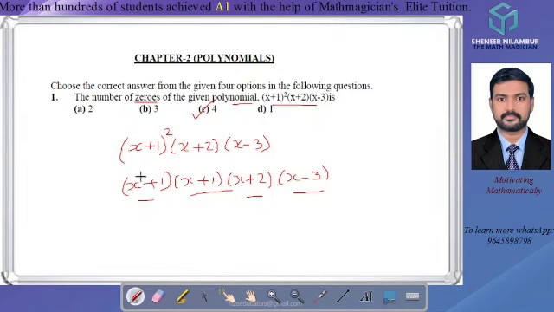After getting the product form we will equate to 0 and we will get the zeros. Here x plus 1 is equal to 0, so x is equal to minus 1. In such a way we can find the zero. One more x is equal to minus 1 will be a zero, and x is equal to minus 2, x is equal to 3. By equating all these factors, we will get the zeros of this polynomial. Now we can go to the next question.